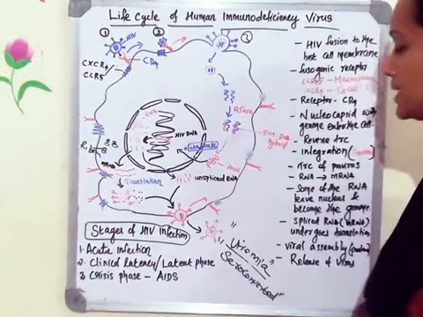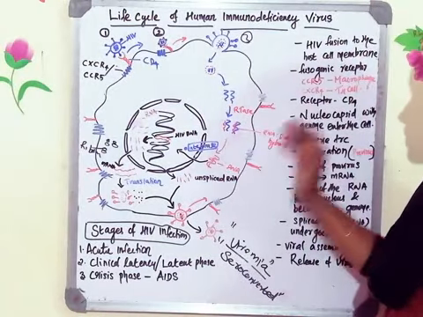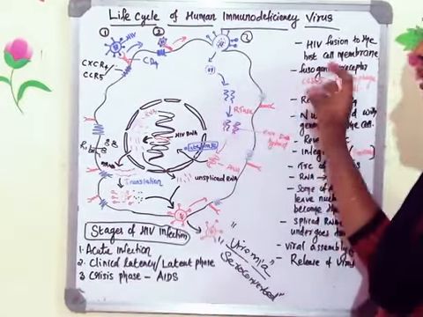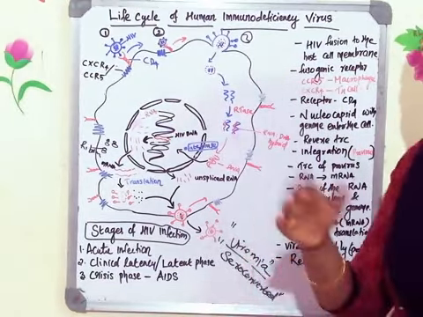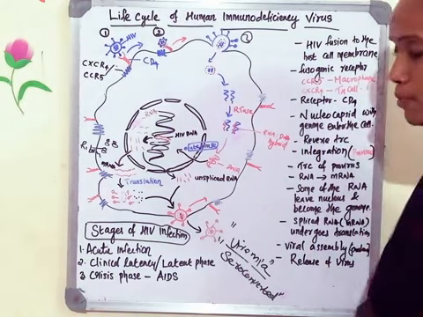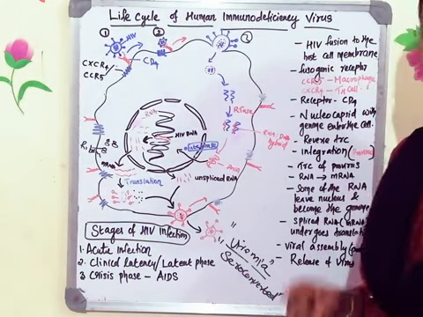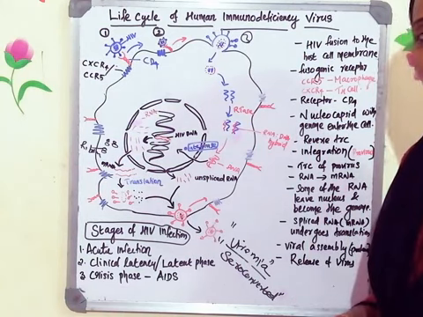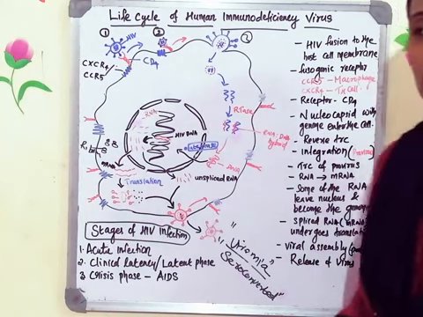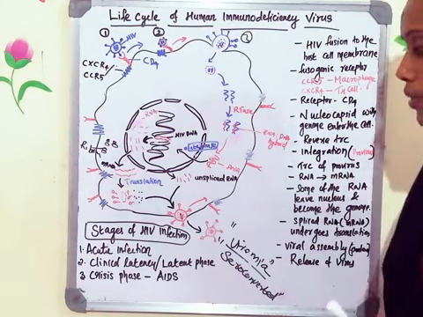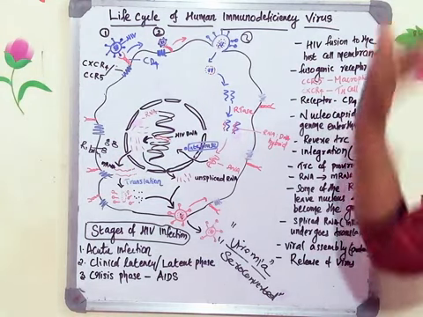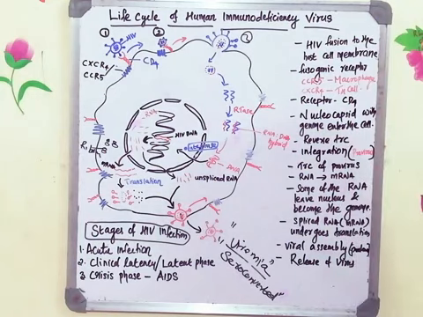Okay, clinical latency: at a particular point the HIV DNA gets integrated, and it will be there in the proviral stage for a longer time. Even 15 years it can be there in the proviral stage. You cannot detect antigen or antibody because viral replication is not happening, and antibody is also not synthesizing. No antigen or antibody, but the CD4 population will be a little less. In the beginning it will be much less, and in the second stage a little less.